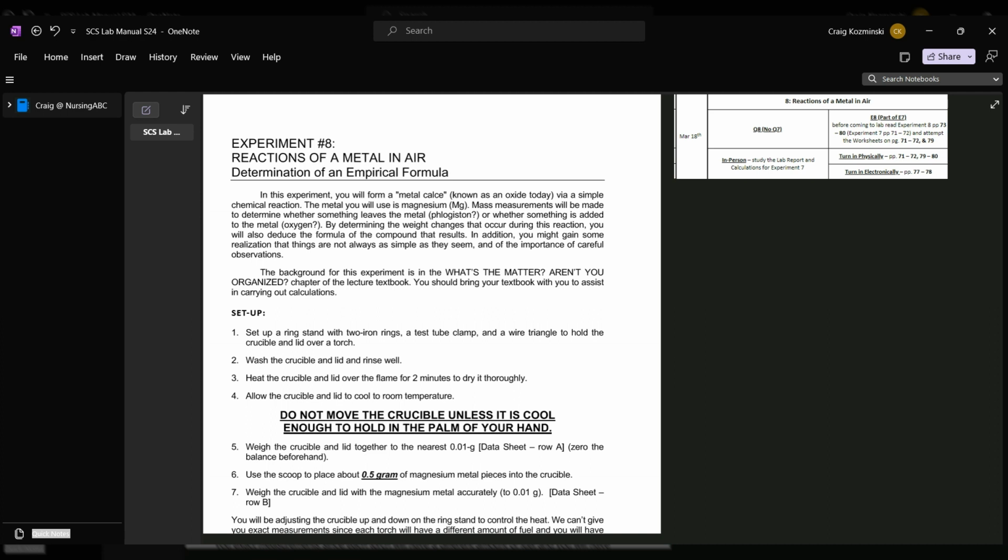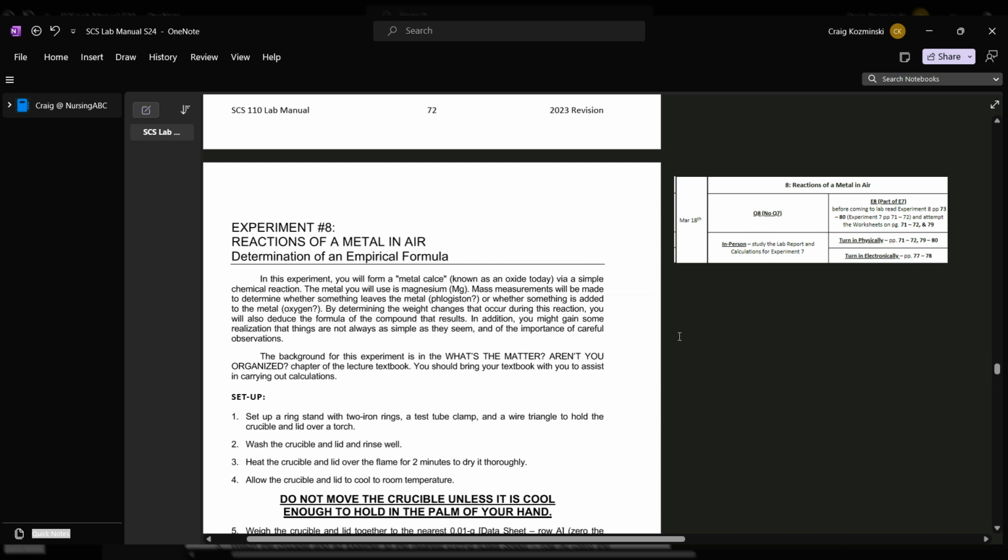In this experiment, we will be looking at the reaction of a metal, specifically magnesium, when it is combusted in air. Before getting into the details of this experiment, I want to make a note on the content of this